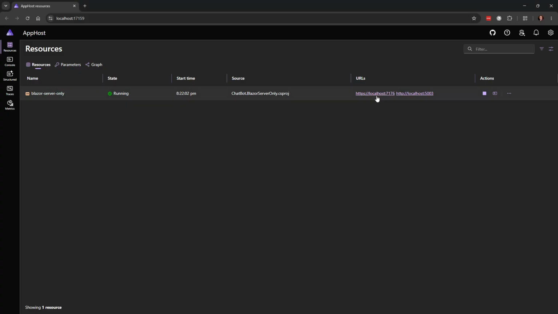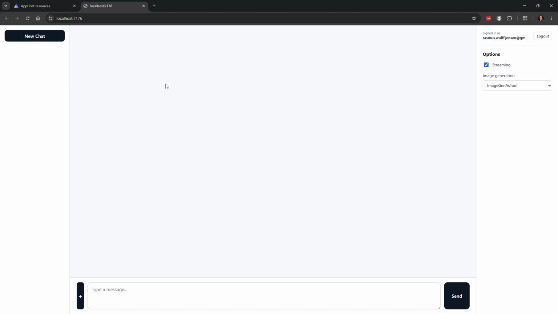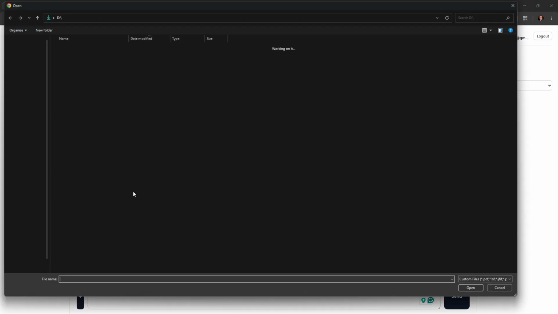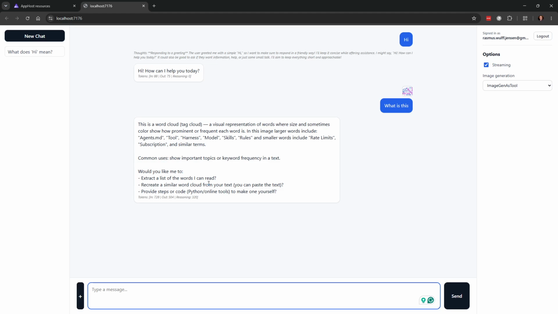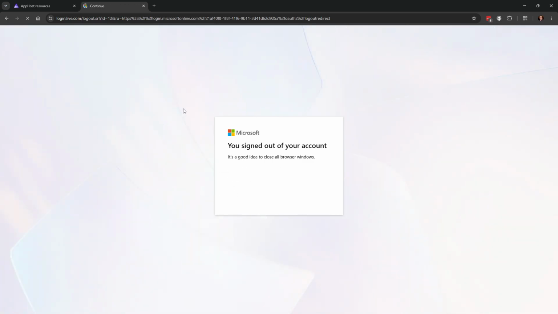which we have here. So now in this system, we are signed in as a user. I'm right now signed in as one of my 2 users, and we will see me logging in with another one. So we can now say hi. And that conversation is saved for me, and I can go in and choose an image. I have some tag clouds here. So it can do the normal things, but then if I sign out of this account,